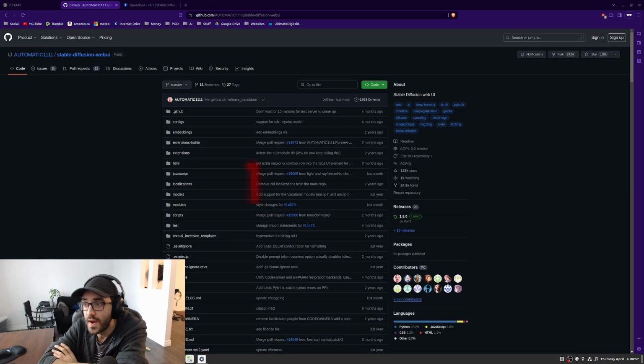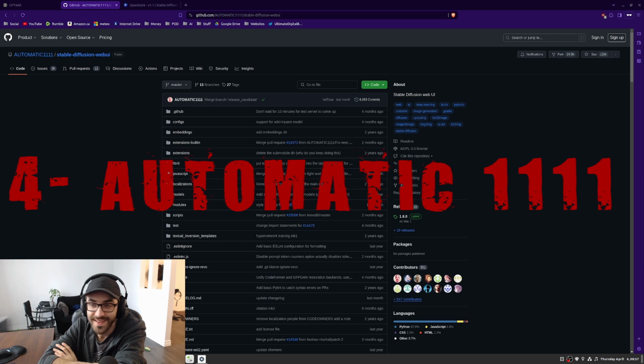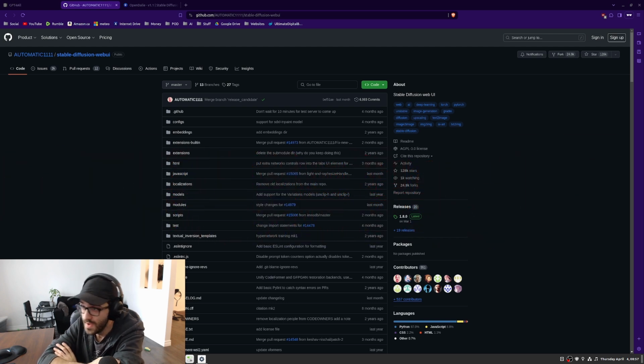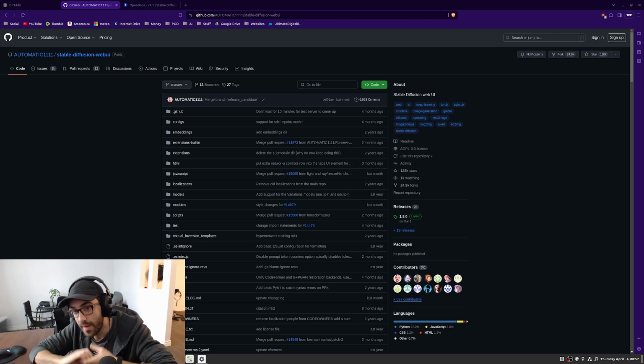And so the fourth thing that I wanted to talk about is Automatic 1111 Stable Diffusion. Automatic 1111 is currently the way that I chose to generate some images. But you see, the difference is that instead of using something like DALL-E 3 from OpenAI or Microsoft Designer or Copilot Pro or any AI generator, with Automatic 1111 I'm able to generate AI images literally on my computer,